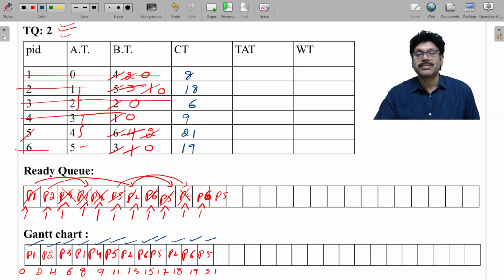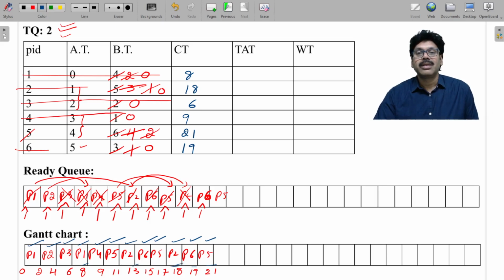The rest you know. So P2 is at 18, P6 is at 19, P5 is at 21, and P1 is at 8. So this is how to do